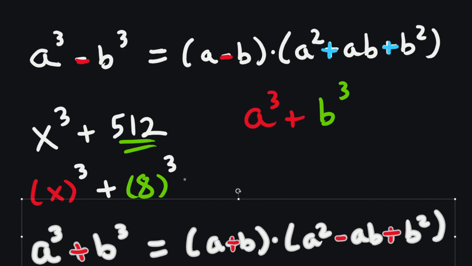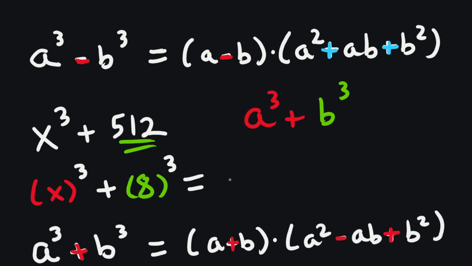So this is equal to, we'll set up those parentheses right there, and this set of parentheses up here. So we know what our a's are, and we know what our b's are. So a plus b, so a is x, plus our b is 8, so x plus 8,